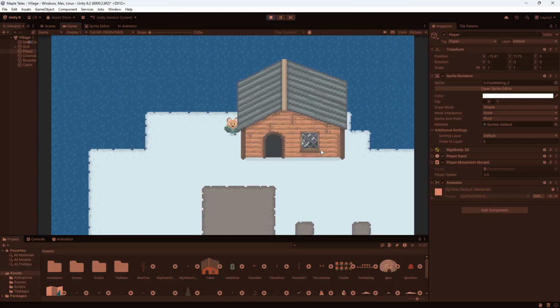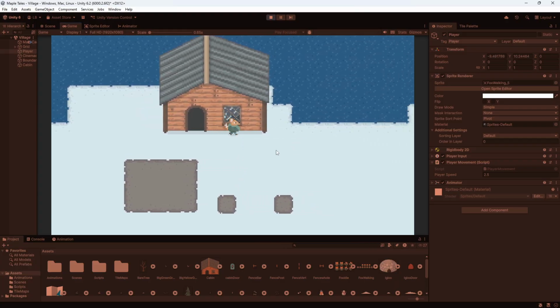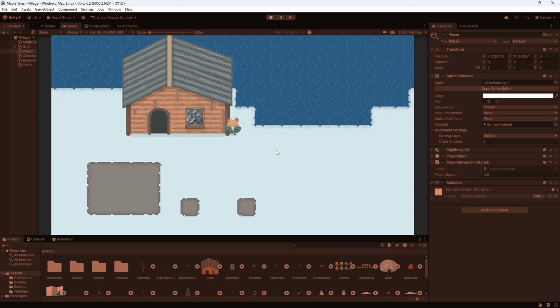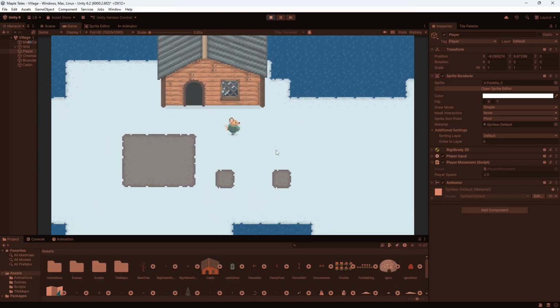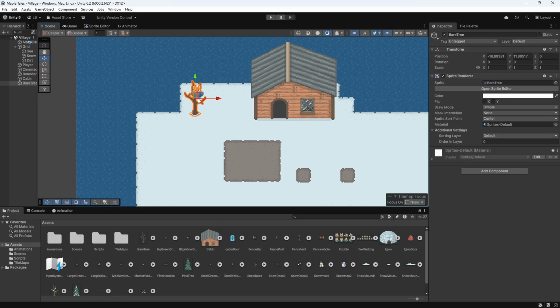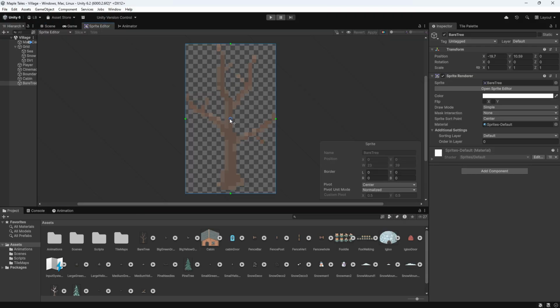Nothing is glitching weirdly, and we can just walk nicely in front of our building and behind it and then back in front of it, and everything is just working for us. Brilliant. And then from here, it's now a case of just patiently and methodically going through every single one of these sprites, bringing them into the scene, having a look at them in the editor, adjust the pivot point down to the base of the sprite, making sure you're not including the shadow in that, just to the base of the sprite itself. Then come over to its sort point, change that to obey the pivot that we have set,